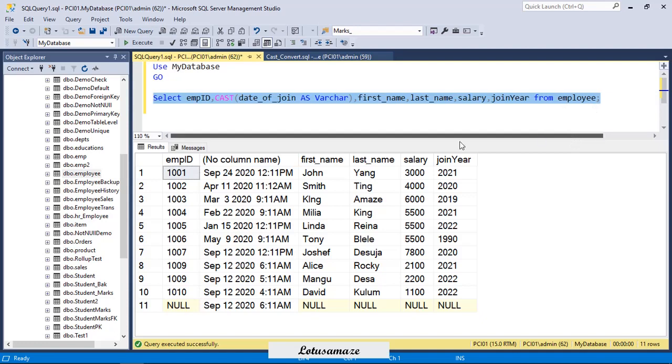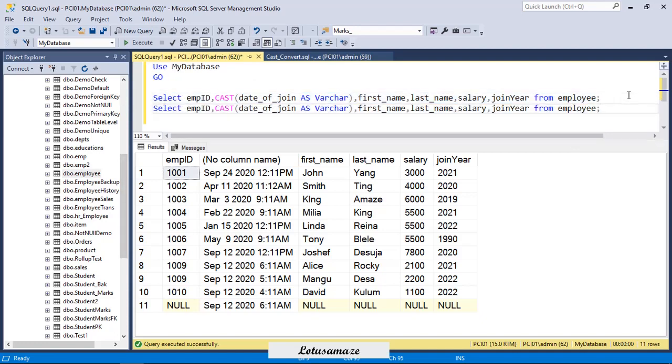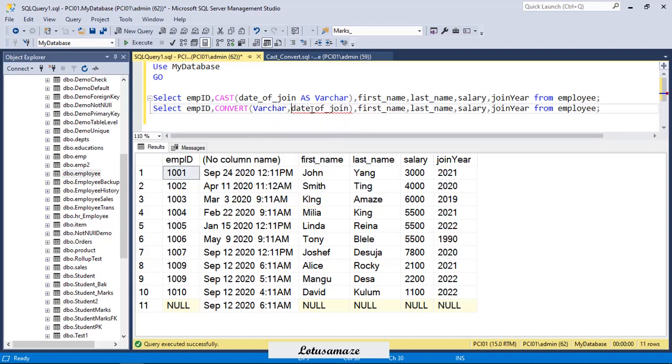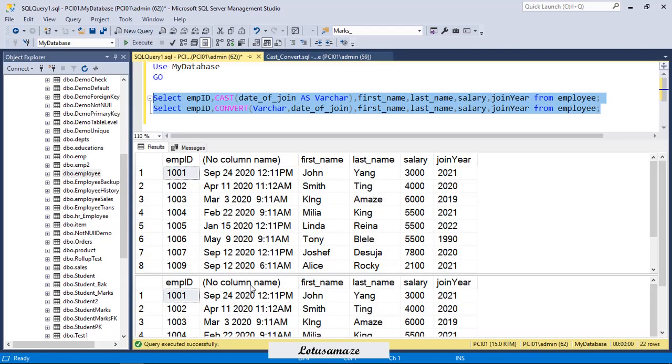And if I use the CONVERT function for the same purpose, CONVERT and varchar. If I try both commands, you can see there is no difference in the output. The format of the datetime is the same whether you use CAST or CONVERT.